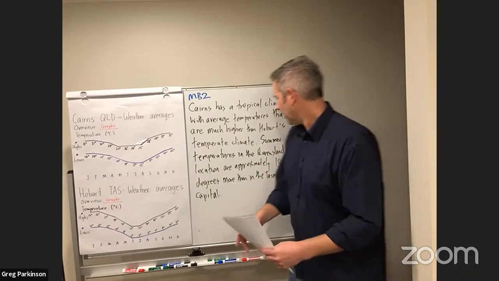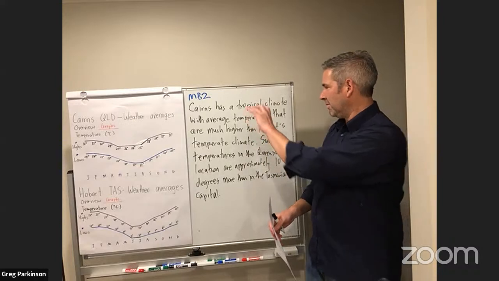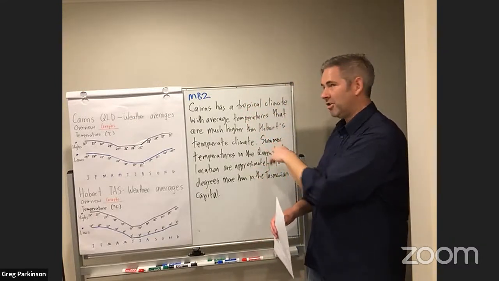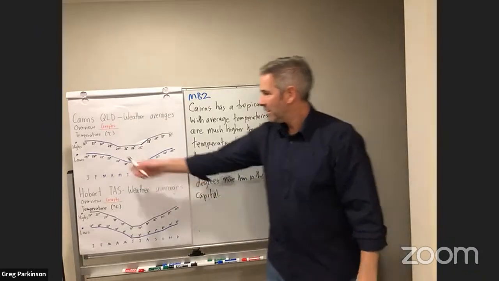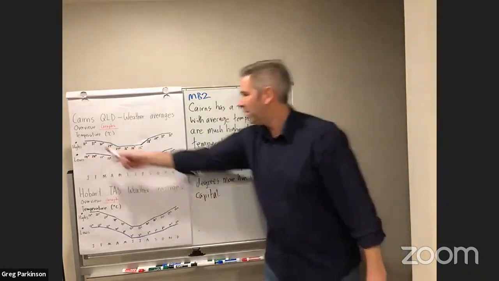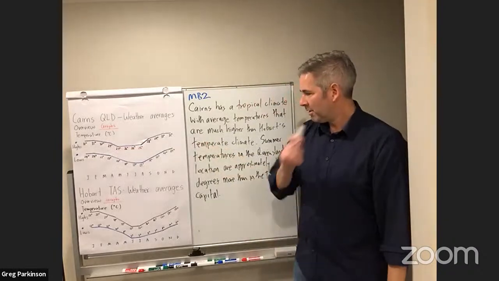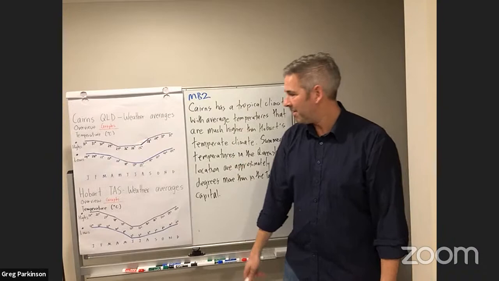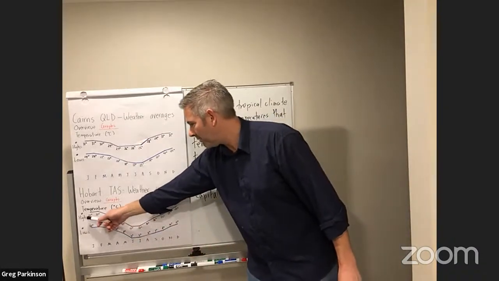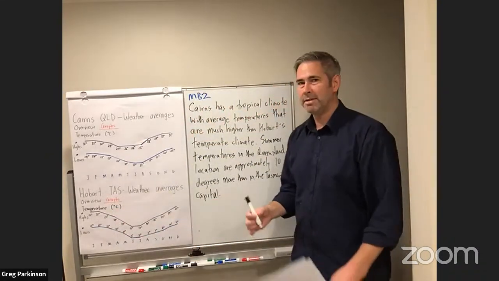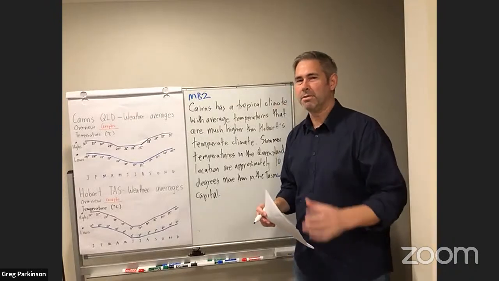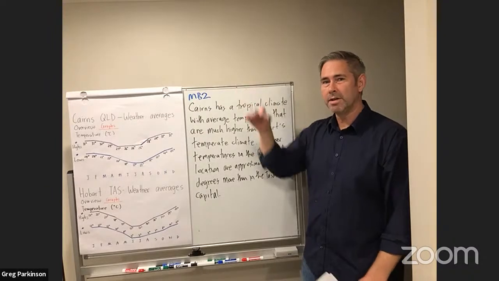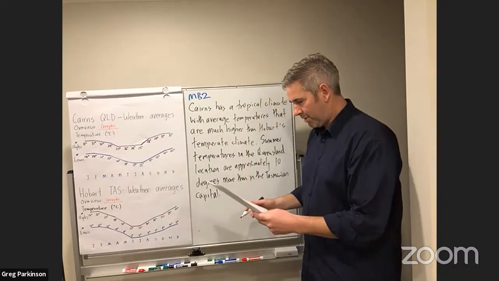So again, my comparison here is that Cairns has a tropical climate, Hobart a temperate climate, and I'm giving more details. Summer months in Cairns, 31, 31, 31, which is approximately 10 degrees higher than in Hobart, where we have 22, 22, and 21, right? So you don't have to be exact with your details. The detail here is approximately 10 degrees higher. And to wrap it up,